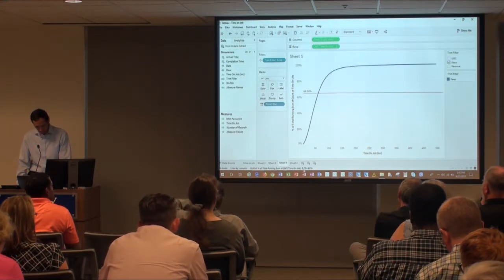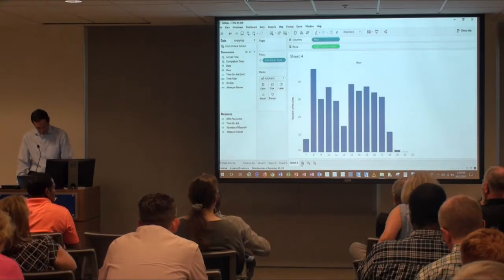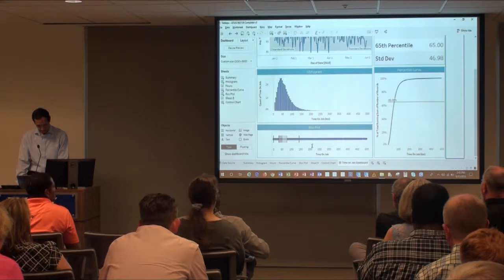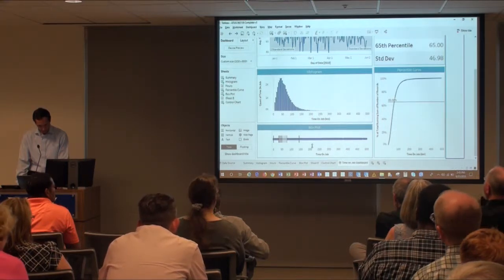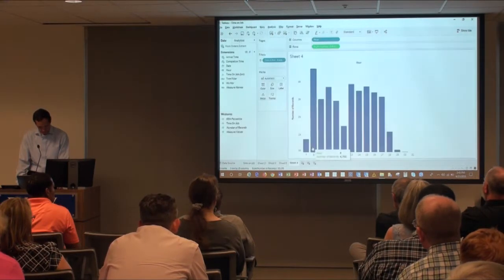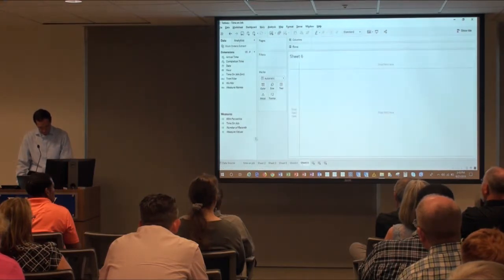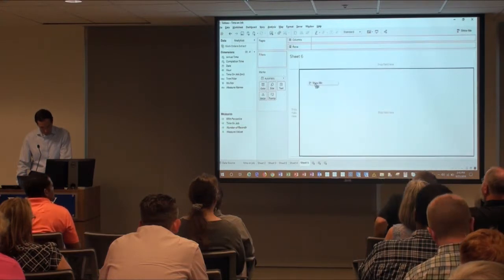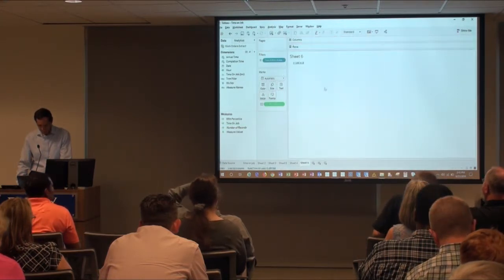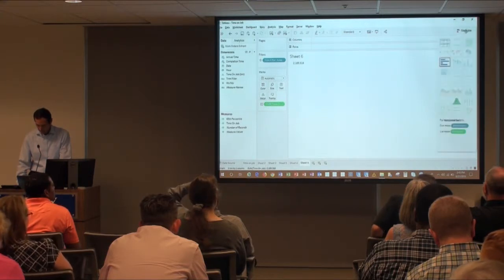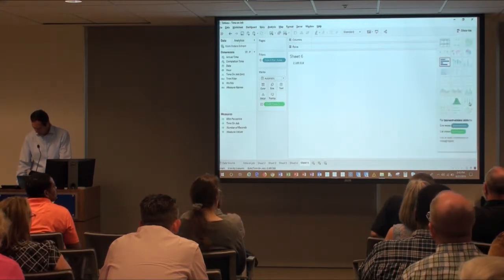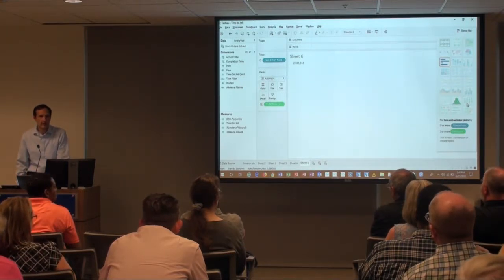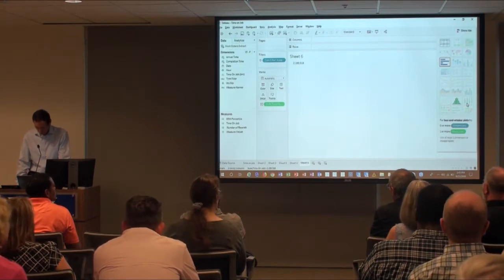We want to look at a box plot. Let me just go back to where we're going. So here's my box plot. I know I want the box plot on time on job. You go over here, Show Me, and here's the box and whisker plot. But it's not allowing me to pick it. Anybody know why?